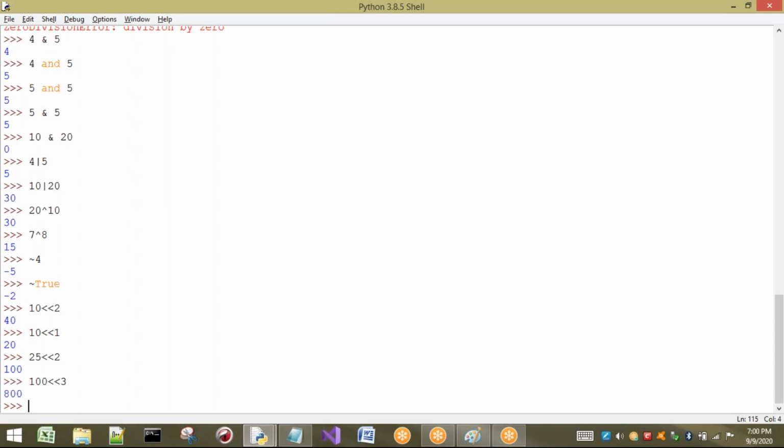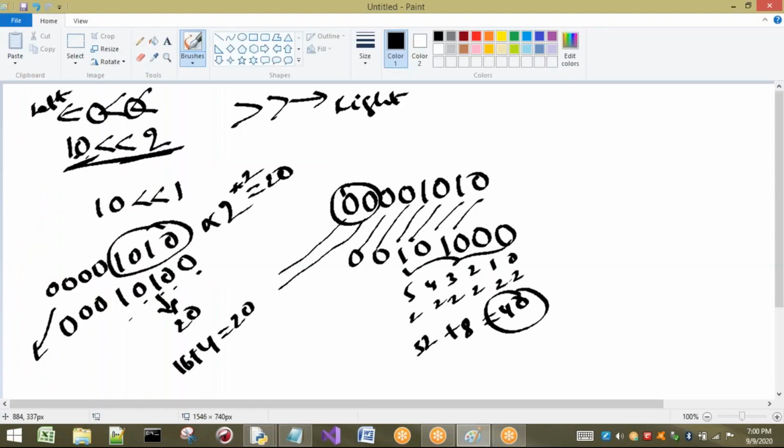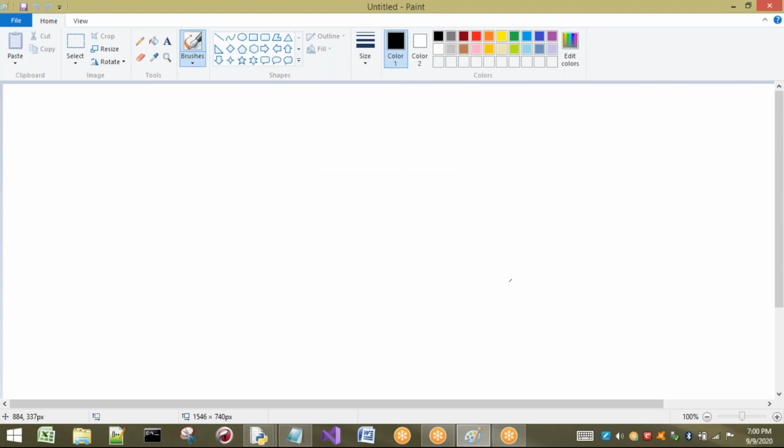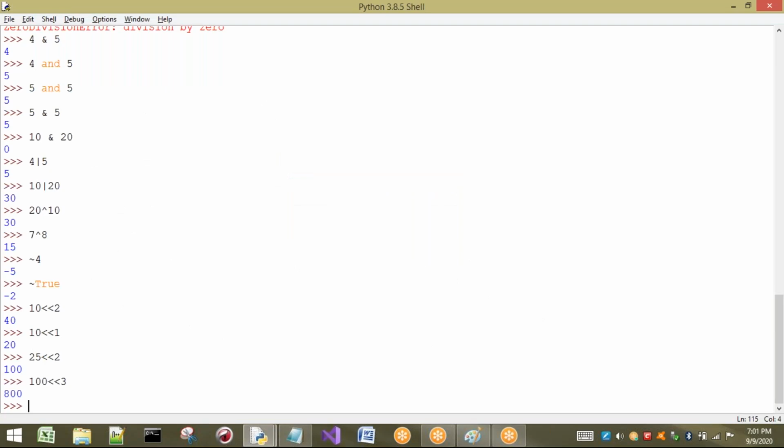In that way, directly we can say the output. This is a small logic you have to remember. This is about left shift. Now I want to show you the last operator, that is right shift. I will show you first, later I will explain. Same concept, but left shift is multiplication, and right shift is division, the opposite of multiplication. If I take 1, the answer is 50. 100 by 2, 50.